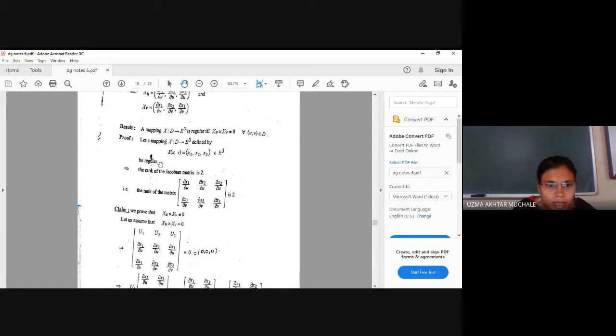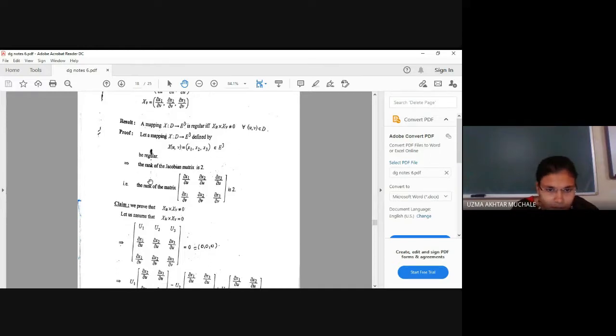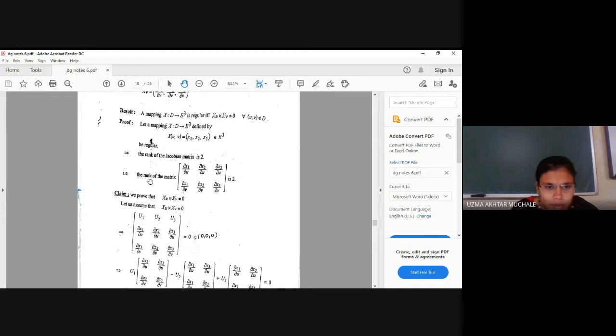Okay. So let us have a mapping x of uv equal to x1, x2, x3, which is some function of three variables. Now we are going to discuss all the things in general. So the rank of the Jacobian matrix is equal to 2. We are provided that in the first part. What is given in the first part? It is regular, and we have to prove xu cross xv is not equal to 0.